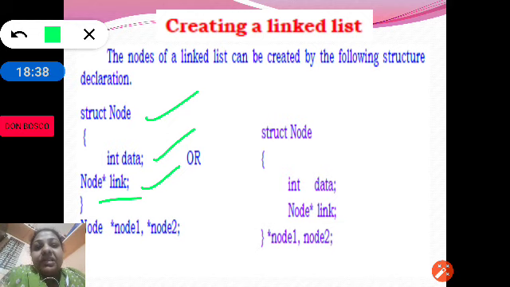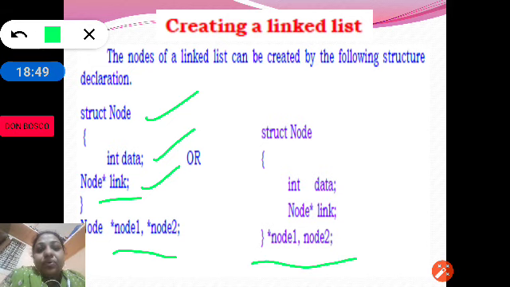You can see here there are two more nodes created, node1 and node2. Either they can be created in two separate statements or included in one statement just before the semicolon. Both ways are allowed. This is the way we can create a node.